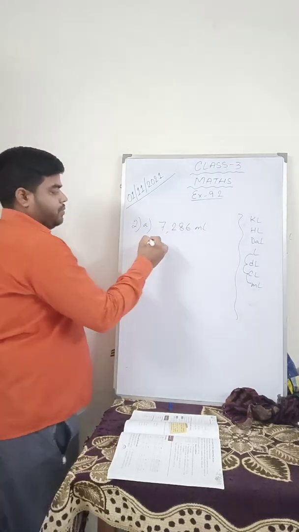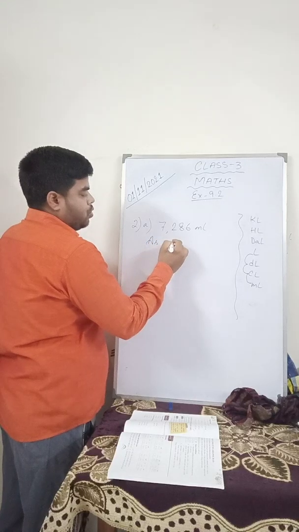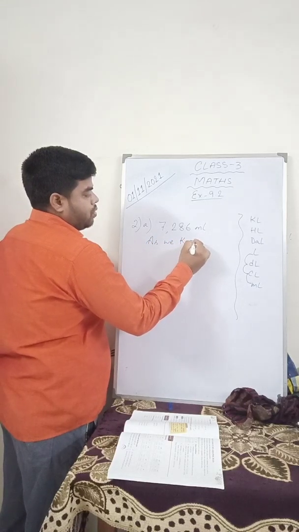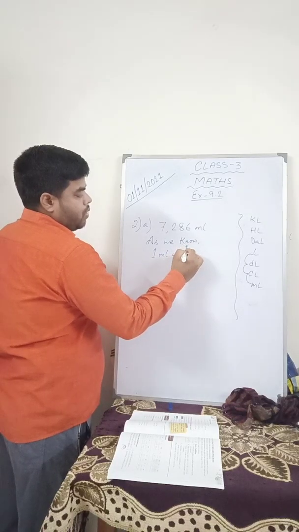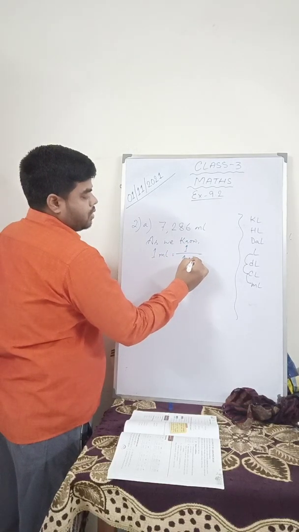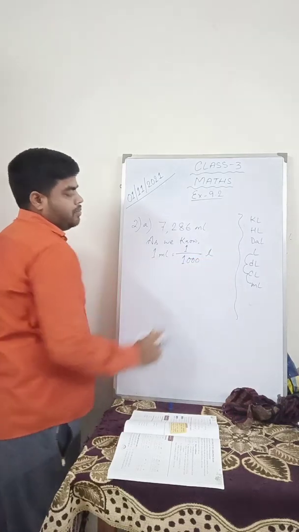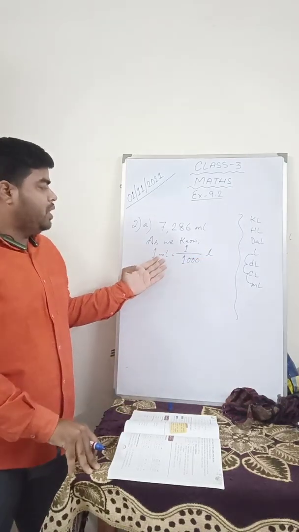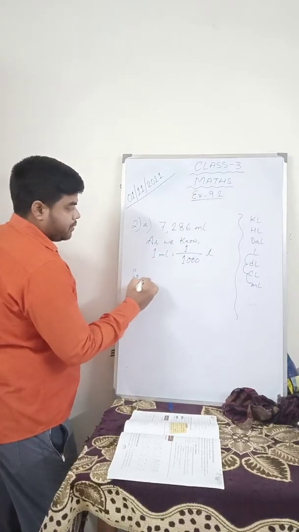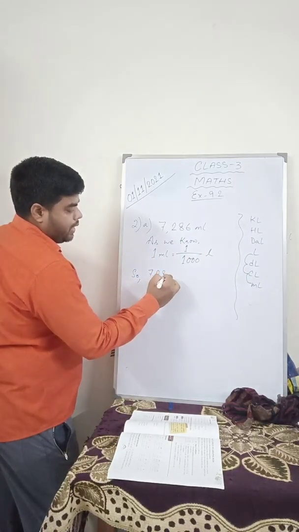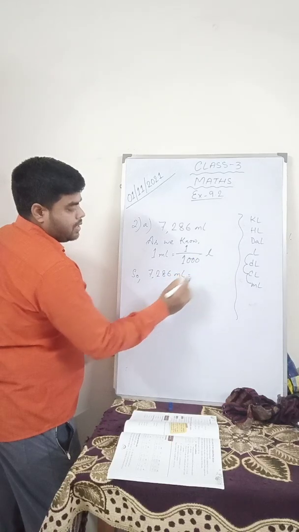So let us write, as we know, 1 milliliter is equal to 1 by 1000 liter. We know this because 1 milliliter is equal to 1 by 1000. So 7,286 milliliter is equal to